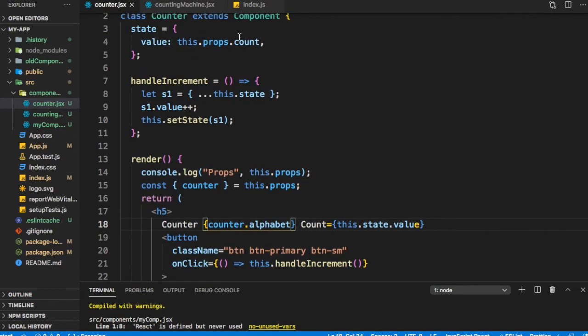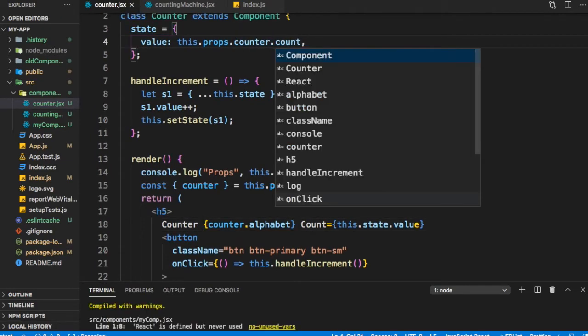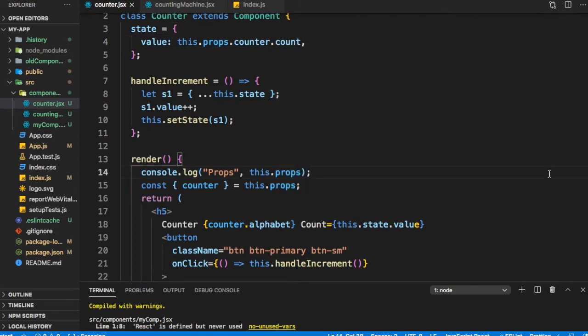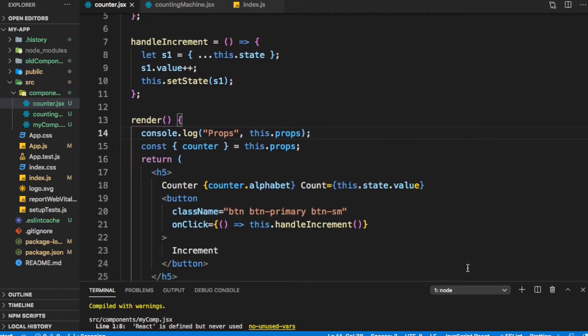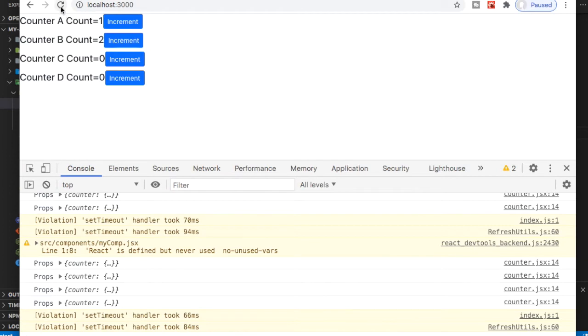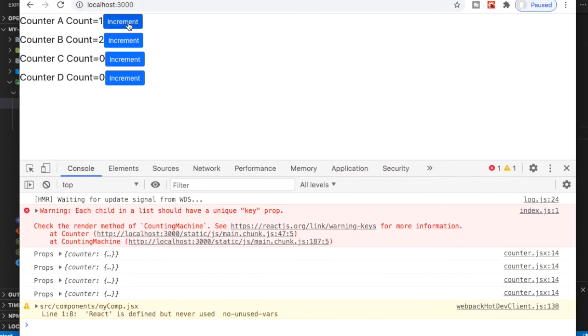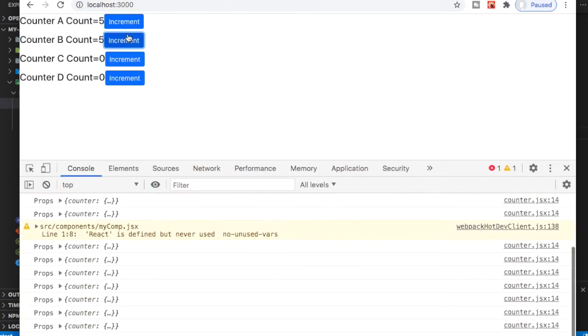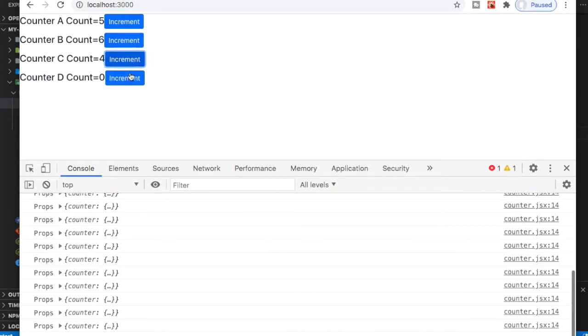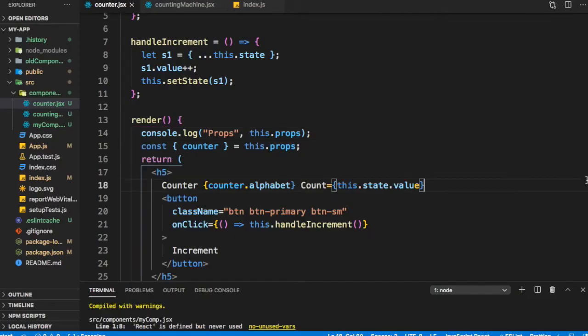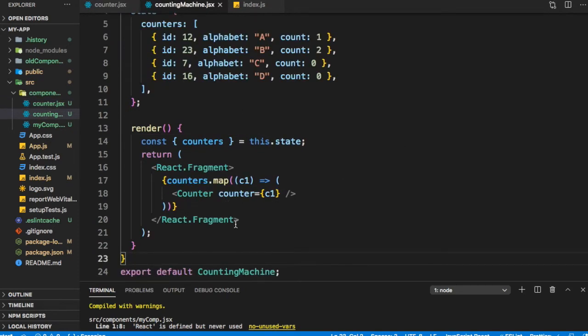Similarly, this should be this dot props dot counter dot count, because we're getting the object. This should work. Let's test it out. So even with that object, we could do it.